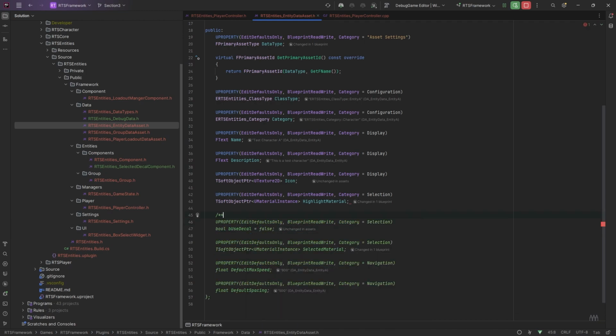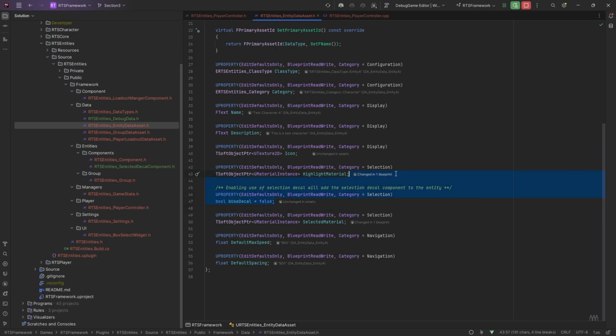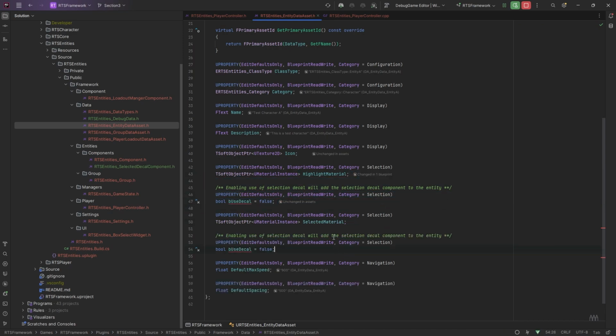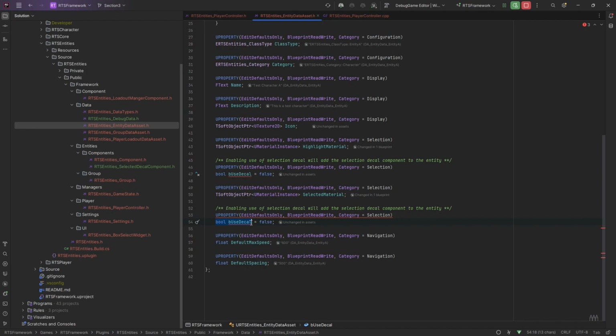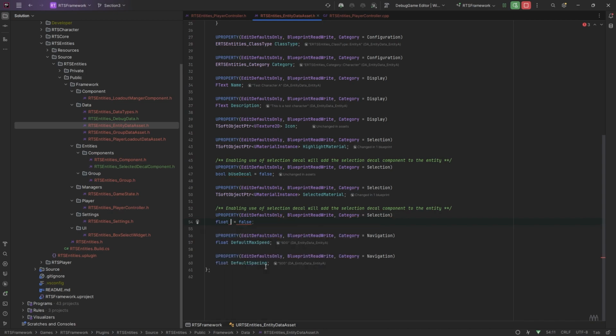I'm going to put a comment in here so it makes sense to us in the future or someone else. And then the other variable I want to add is a float, and it's going to add a modifier to change the size of the decal. I'll set it to